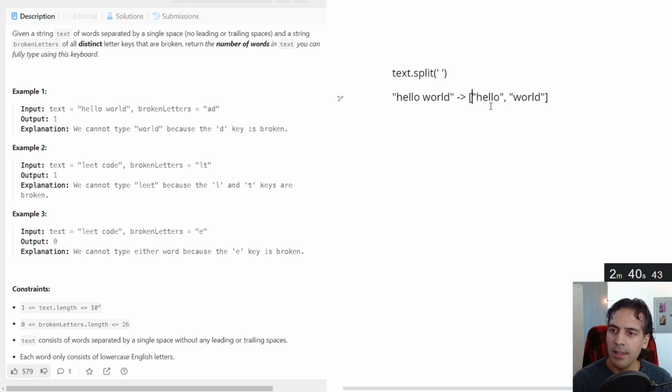I'm pretty sure first you have to ask the interviewer if it's all right for us to do this, because maybe they want us to actually tokenize a string ourselves, and that might be totally valid. But let's pretend we're allowed to use this right now. We have this list of strings, and tokenizing a string like this will end up being an O of n operation for the length of the string, or number of characters. And that's fine. I don't think we can ever do better than O of n because we have to check every character in this whole text.